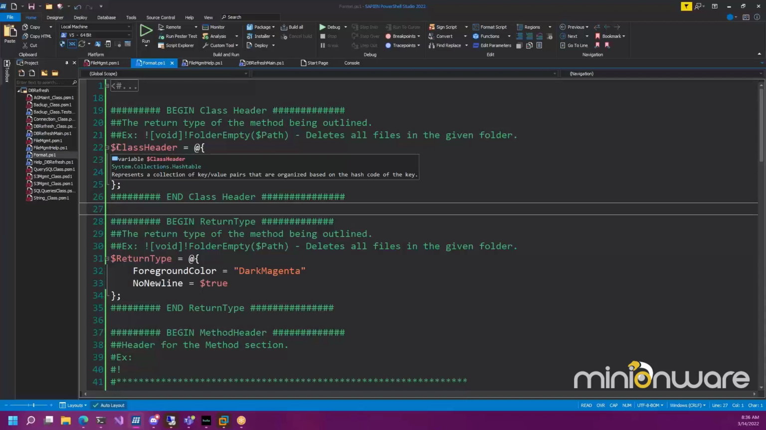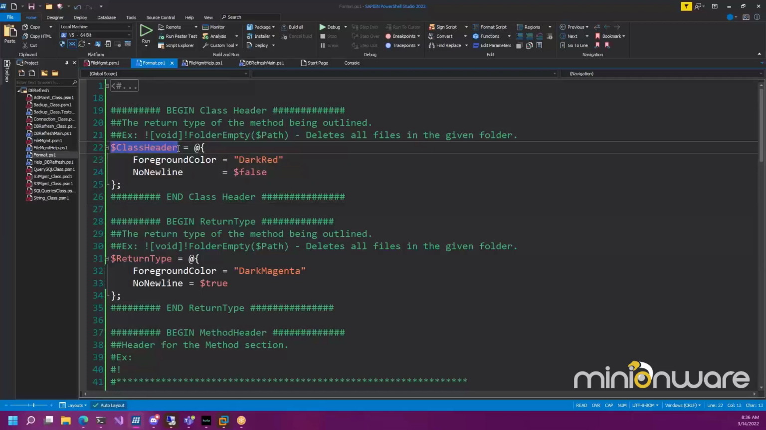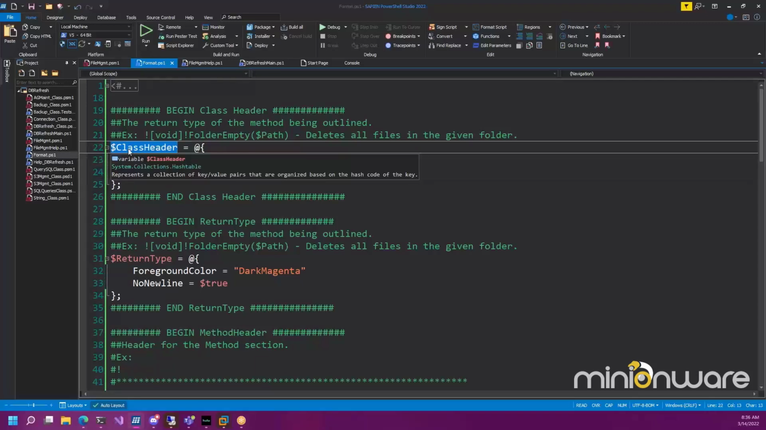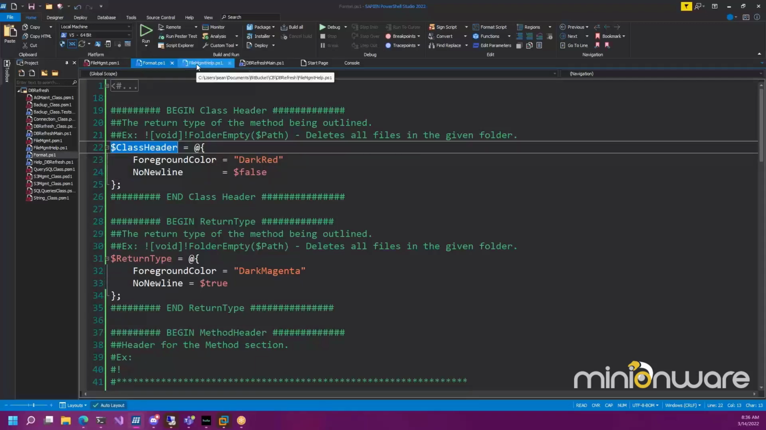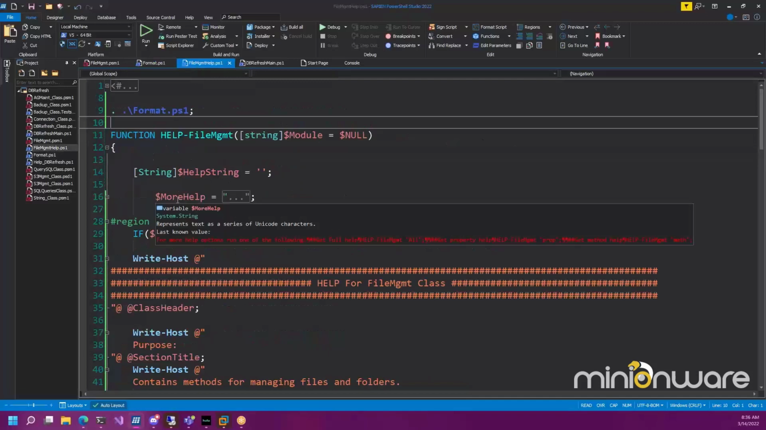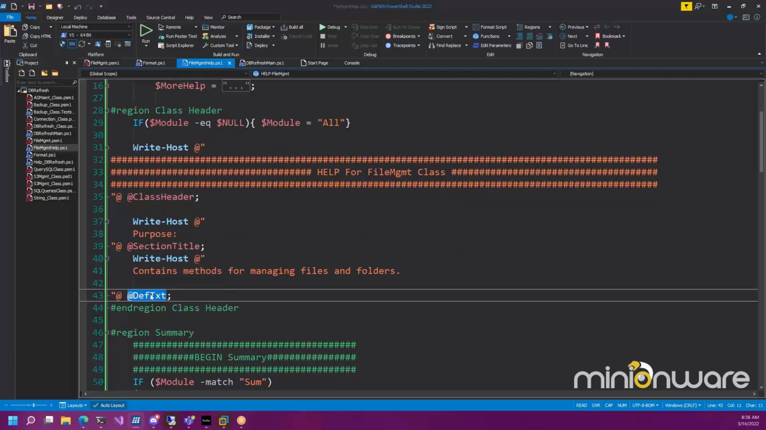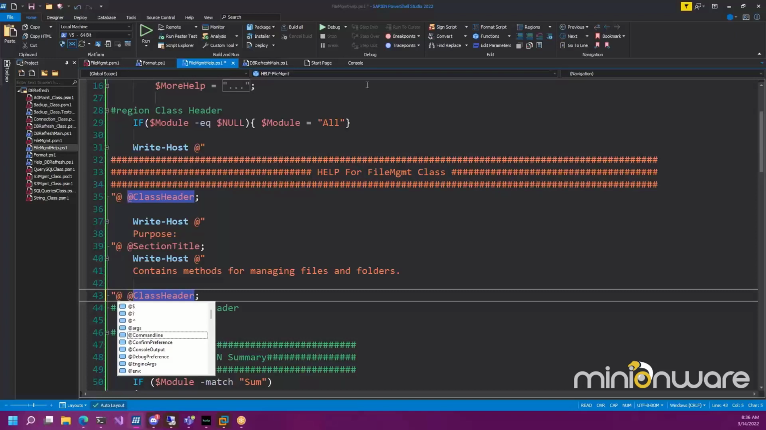You notice how the variable that holds this hash table is called class header, and it's a variable right there. But let me go ahead and change this. When I put this in here, it should be there, that it is now a hash table. Hold on one sec. Okay, so